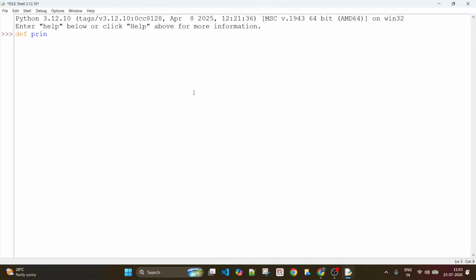def print_message. So you see def is the keyword in Python which indicates that you are going to write some function, and print underscore message is the name of the function. And here you can write some output statement. For example, I am in print message. All right.